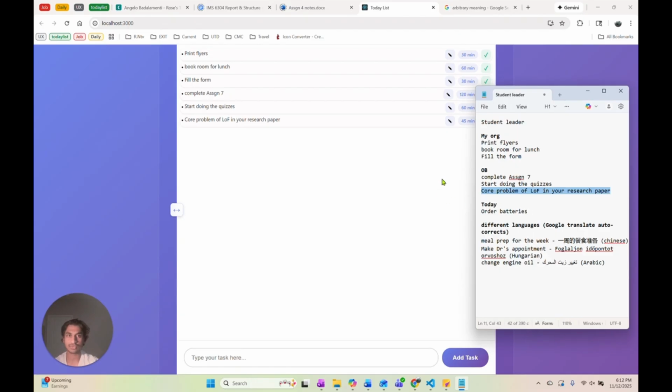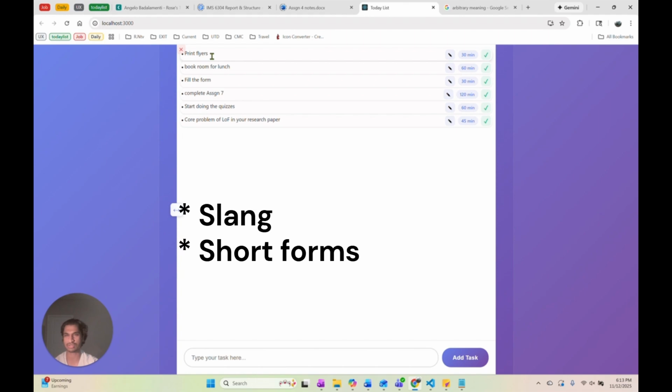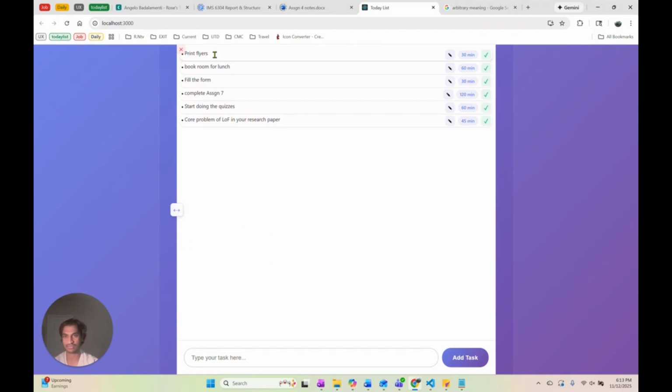Okay, so if you see, there's a theme that follows with these tasks. Usually we withhold a lot of information and context because we know what situation we are in, and we just write the task that is due in short terms or our own slang. And if you see, I just wrote print flyers without giving it any context, where I'm going, what I'm doing, how much time it will take, and it says 30 minutes. If I'm okay with that, I'm just gonna click on the green tick, book room, fill the form, 30 minutes,